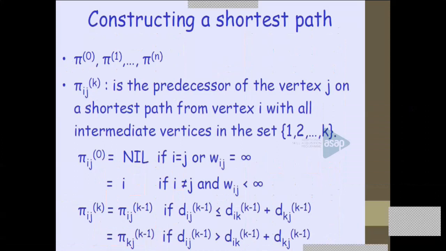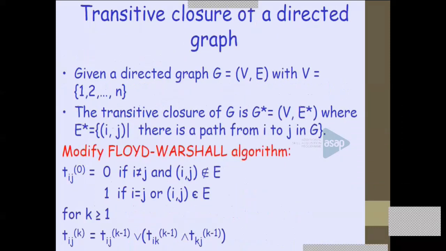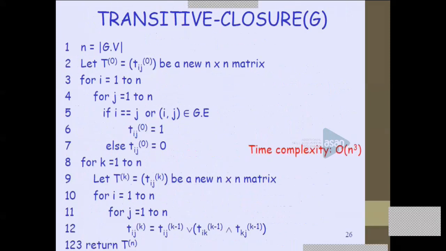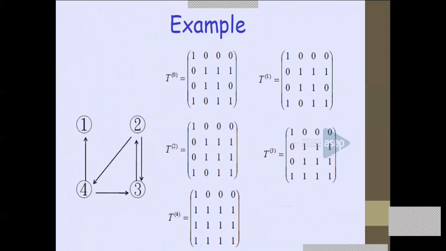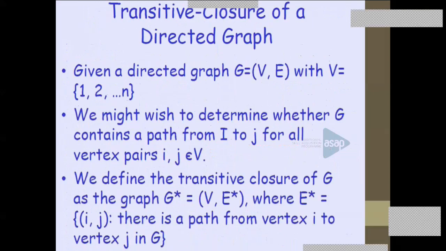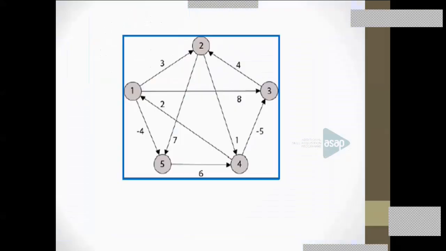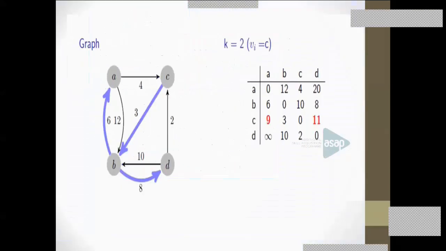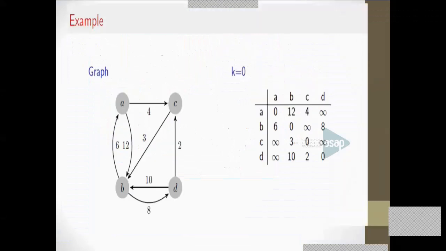One more thing I would like to mention. This Floyd-Warshall algorithm was designed for the transitive closure of a graph, and later he modified it for finding the all pair shortest path problem. If you have any interest, you can refer to the transitive closure also. That is also there in the PPT. I hope it won't be asked in the examination. It's just for your information. For your examination, this example is enough: how to construct the distance matrix and the predecessor matrix.